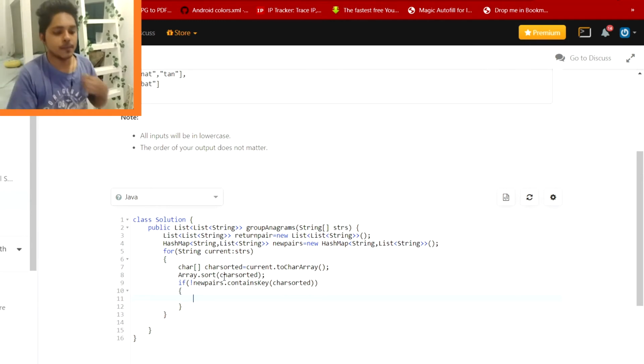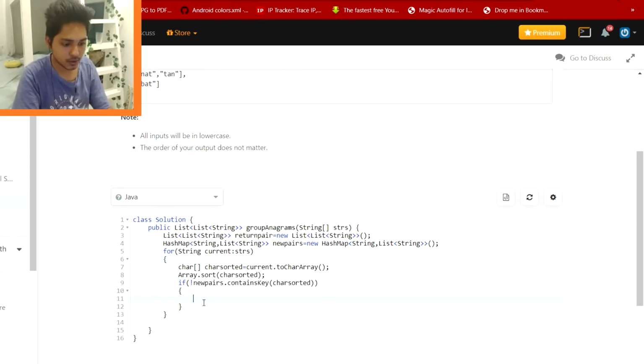Now once we have obtained the key, we have maintained that this sorted array will have some other strings attached to it, and we need to create that. So I need to add a key.